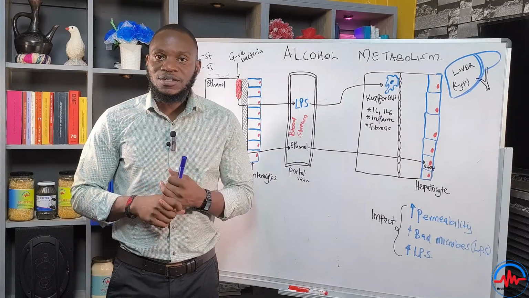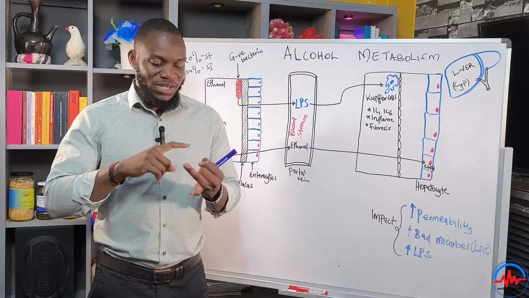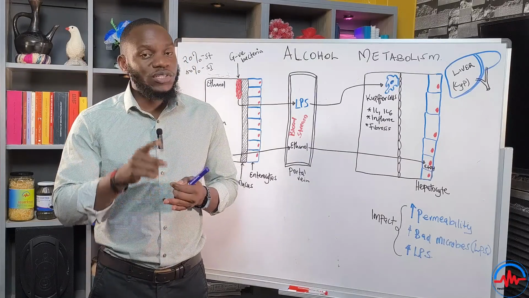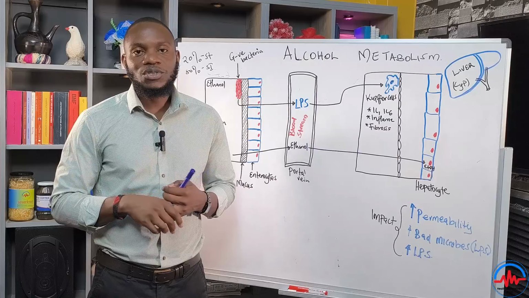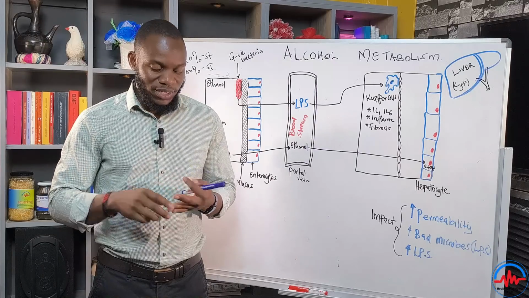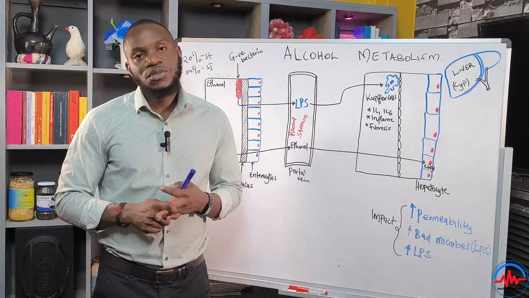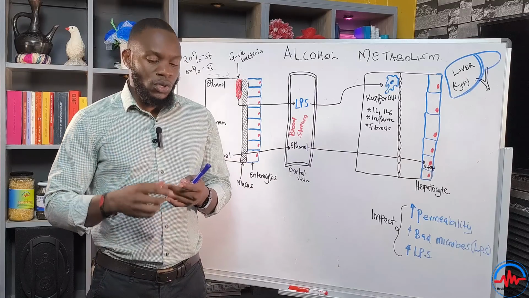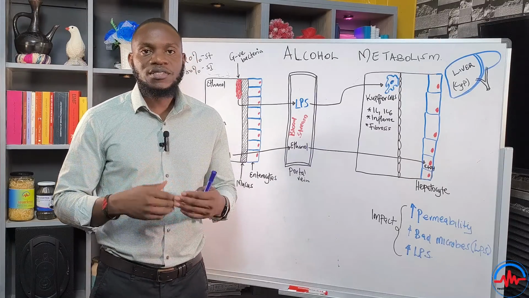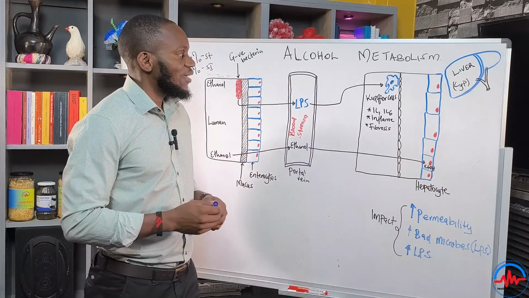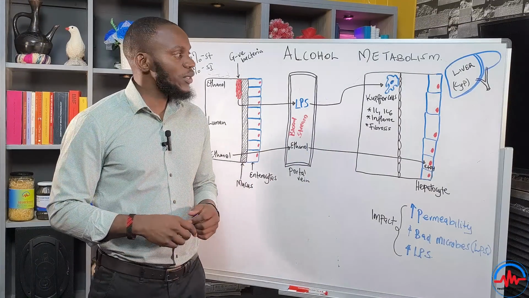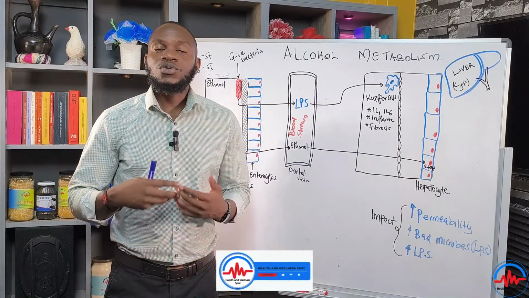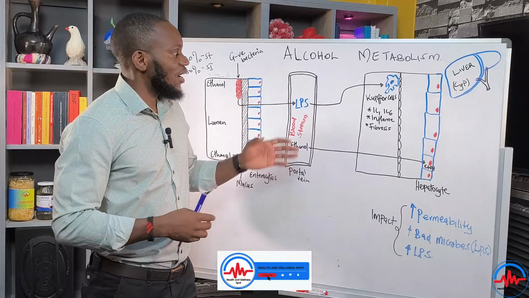Number one, we have the gut, which is the absorbing surface. Number two, you have the pancreas, which suffers hugely when you're a chronic alcoholic. You've known of the condition called pancreatitis. We have the liver that does the metabolism. We have the kidneys that help you excrete alcohol, even the skin, because sometimes we excrete alcohol through sweat, but mostly we excrete it through urine and also through our breath. So also the lungs are involved in this.